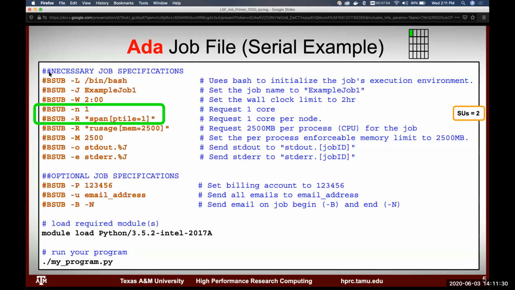So if we had removed this hashtag and just had one hashtag here for necessary job specifications, it would still read as a comment. It's just easier if in our heads we can pretend that the double hashtags are comments and the single hashtags are B sub directives. So let's talk about these